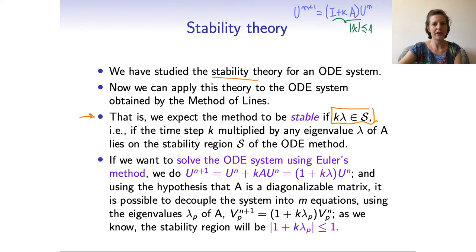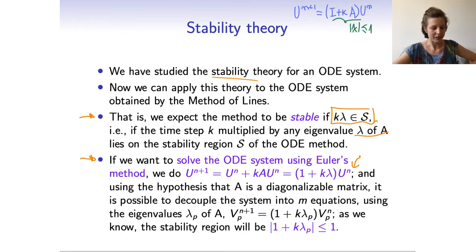That is, if this time step k multiplied by any eigenvalue lambda of A lies in the stability region of the ODE method. So if we want to solve the ODE system using forward Euler's method, then we have this behavior,